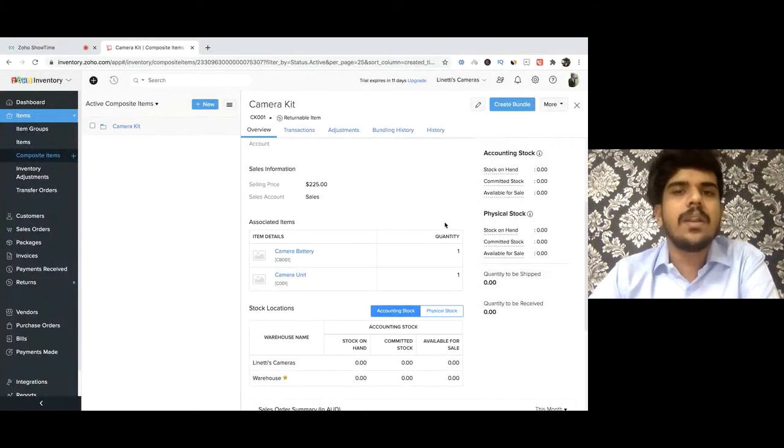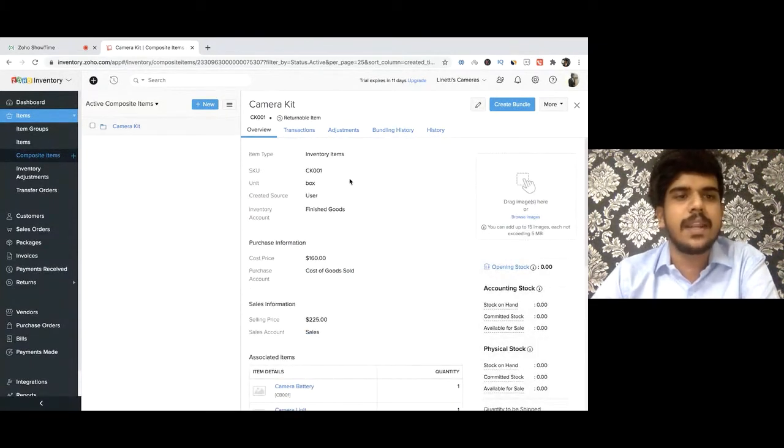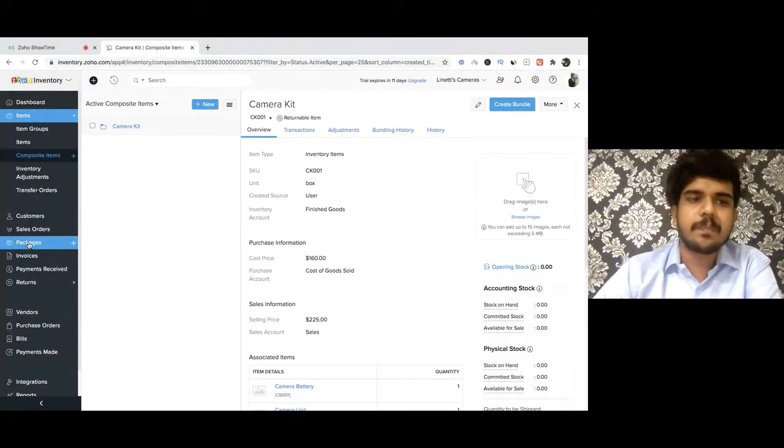So whenever she wants to take the stock out of camera battery and camera unit, she will create bundles so that the stock of the associated products goes down and the stock of her composite item increases. I will show you this process later during the session.